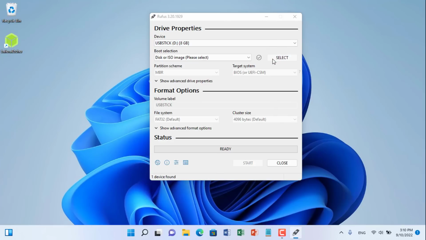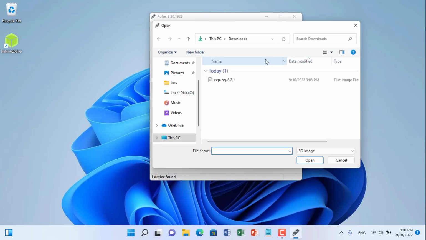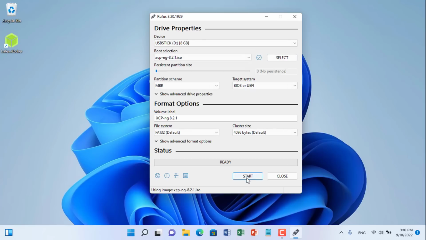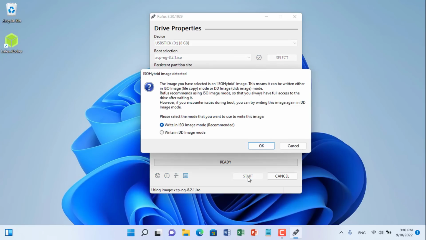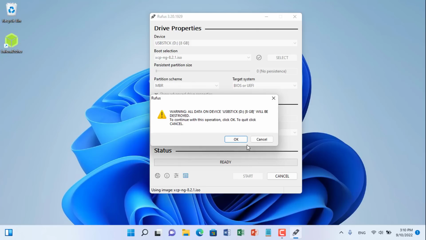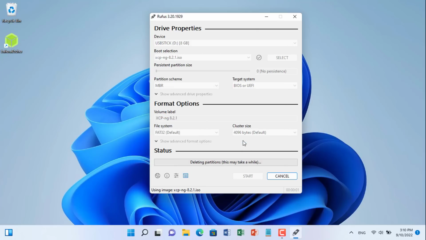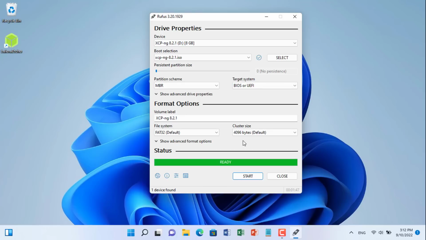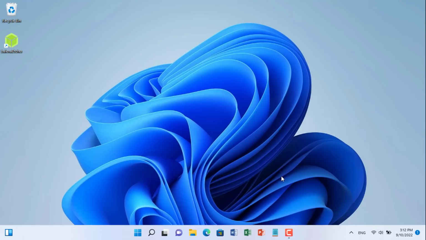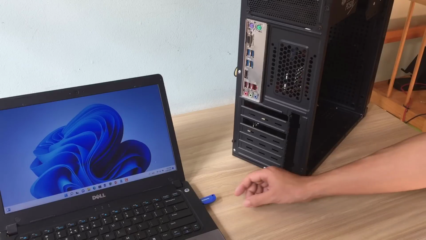Rufus is also my favorite bootable USB stick maker. If you have watched my videos you will see that I use Rufus a lot. Rufus is a small tool that requires no installation when you want to create a bootable USB stick. With a size of about 600 MB, it will take you about 2 minutes to complete the XCP installer. Make sure to remove the USB stick safely to avoid damage to the XCP installer.